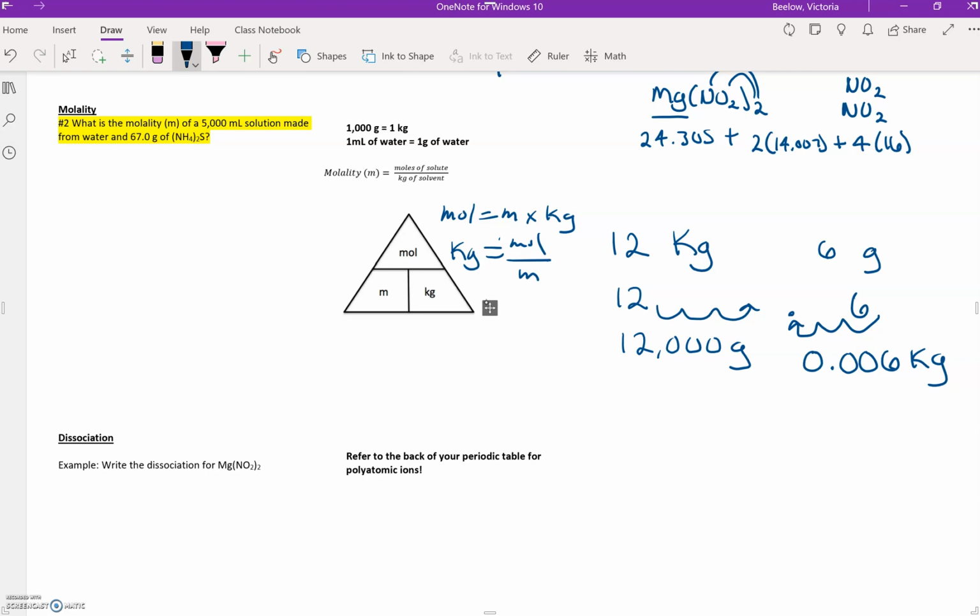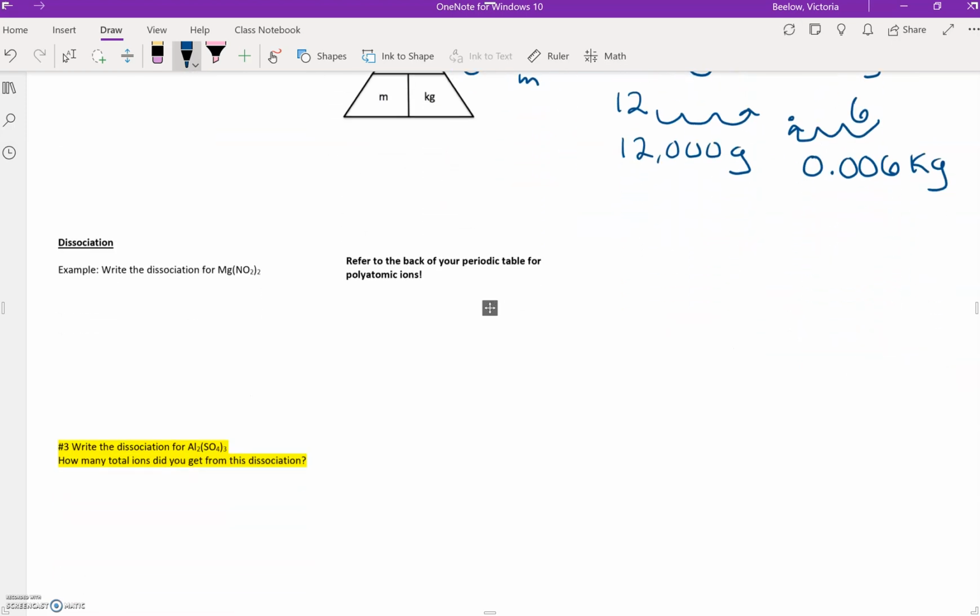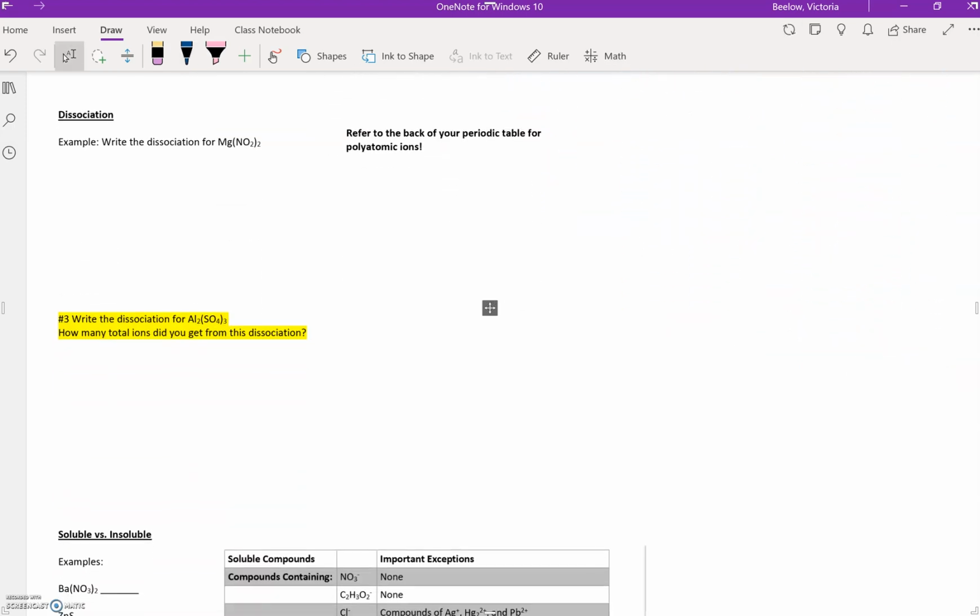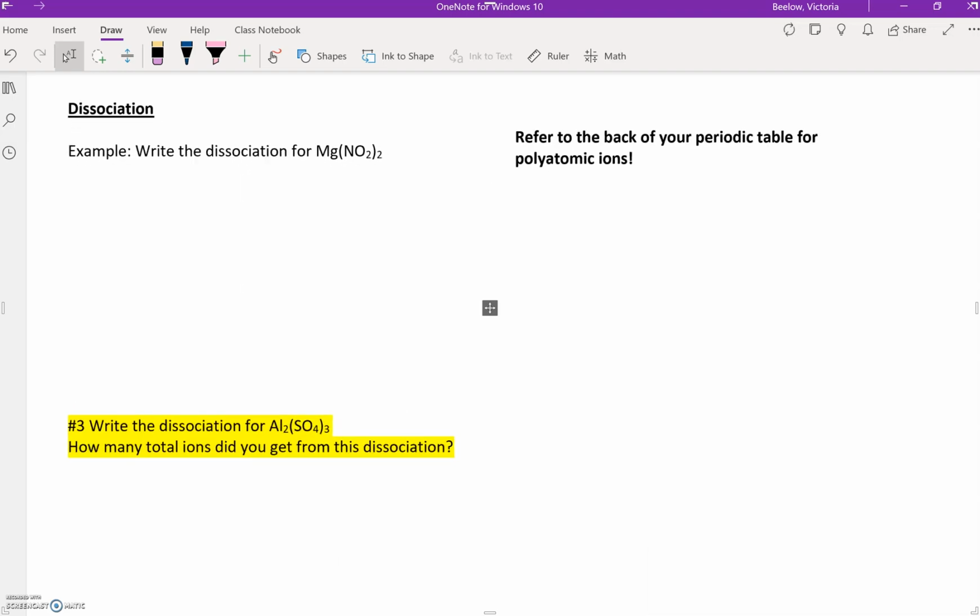My next example problem is on dissociation. This is going to be coming up a lot in this unit, so make sure that you are referring to the back of your periodic table for those polyatomic ions. For example, NO2, this right here, is a polyatomic ion on the back of your periodic table. It is nitrite. So if I'm writing the dissociation of this magnesium nitrite, I would take magnesium